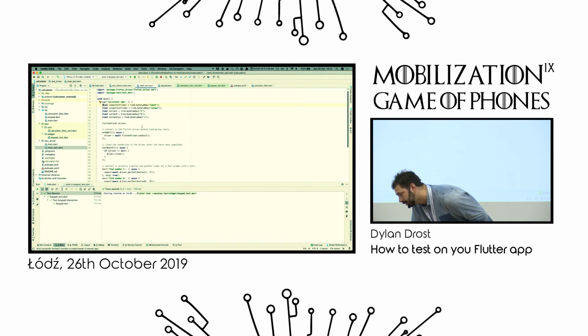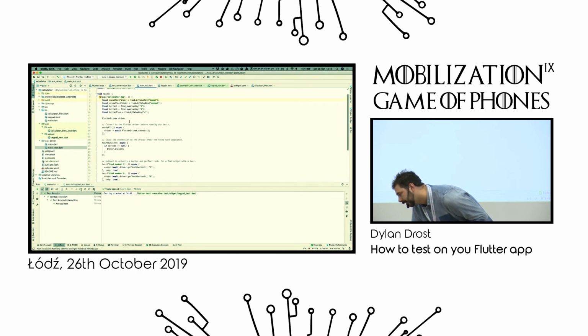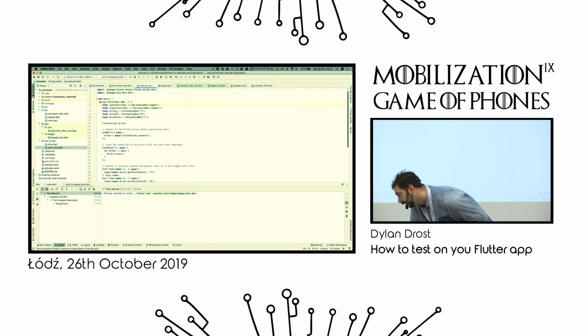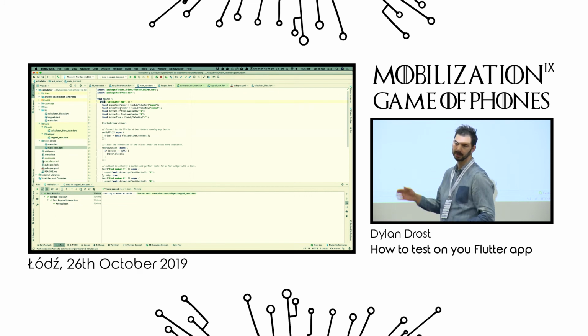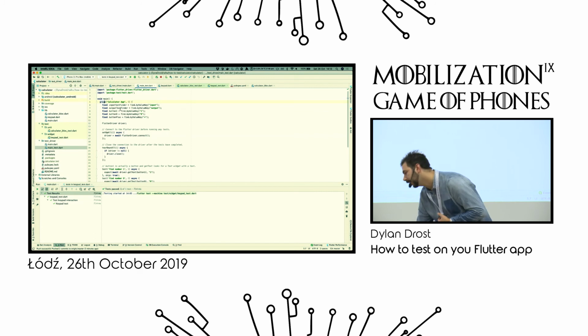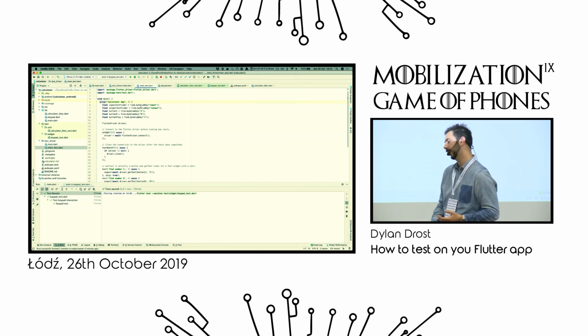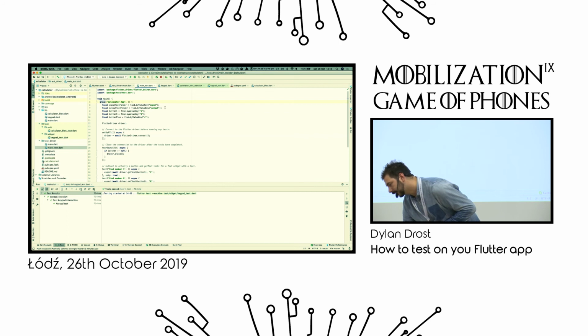And here we have the actual test file. Basically, it's also the same as the other tests. You can group your tests, and because these are a bit larger, you might want to make one group with some more tests. And this works also a little bit differently. Instead of trying to find things by text or by type, you would look at this by the value of the key of the widget,